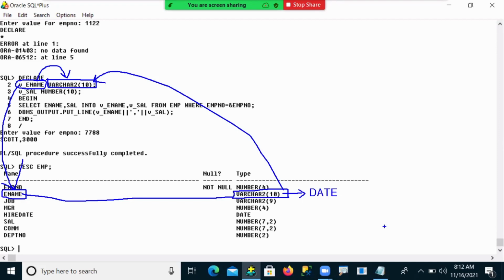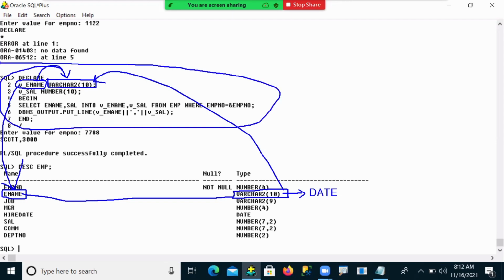So this is what happened. If I want to overcome this problem, I have to rewrite the entire program, because my variable data type is not correct now. After rewriting, in place of varchar2 I put date, and now it is matching.